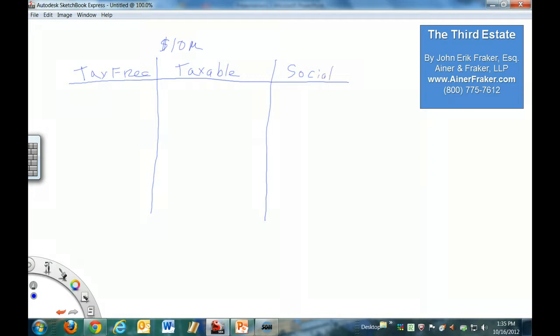What I mean by the social column is that this is money that is either going to go to taxes or to charity. And the neat thing about it is that you, as a family, have the ability to decide which one of these gets your money. So would you rather give your money to Uncle Sam, or would you rather give it to charity? So let's go back here, and in our fictitious $10 million estate,